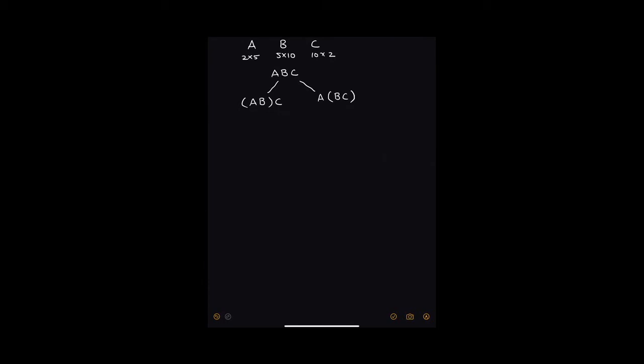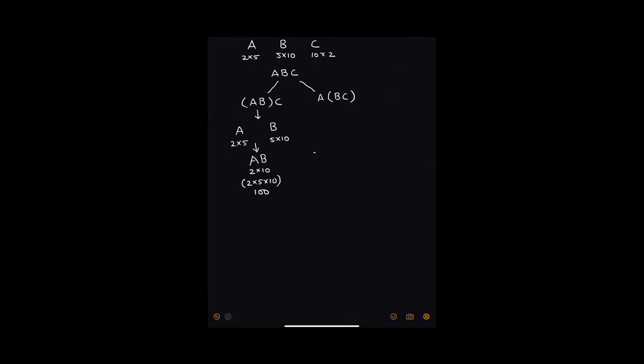So now let us see both the cases. In the first case, I am multiplying A and B matrices together. A and B matrices are of dimension 2 cross 5 and 5 cross 10. So the next matrix that I would get after multiplying these will be of dimension 2 into 10. And the total multiplications would be 2 into 5 into 10, which is equal to 100